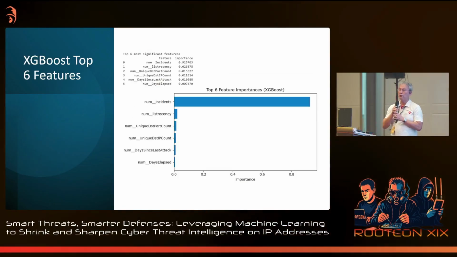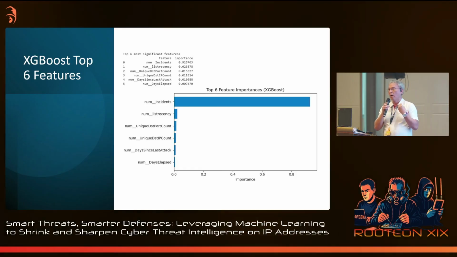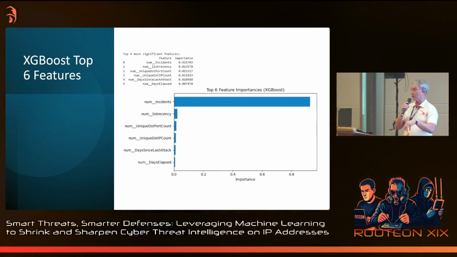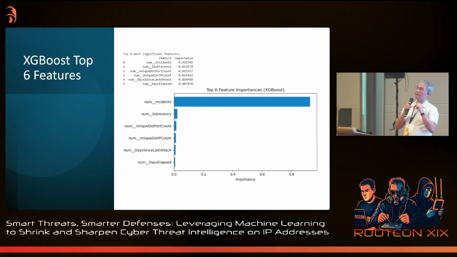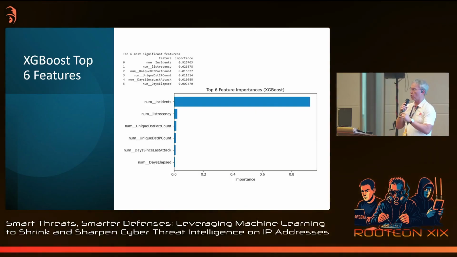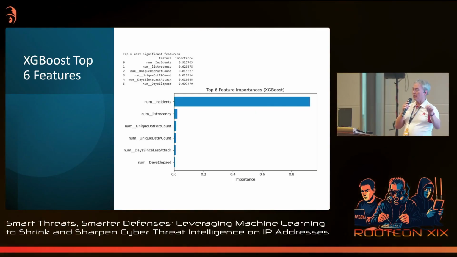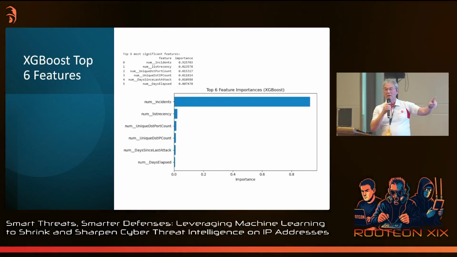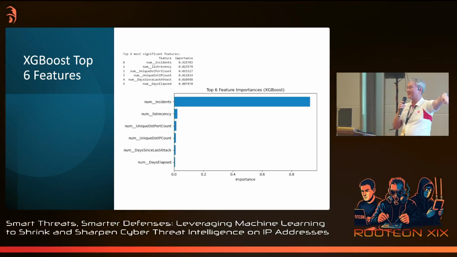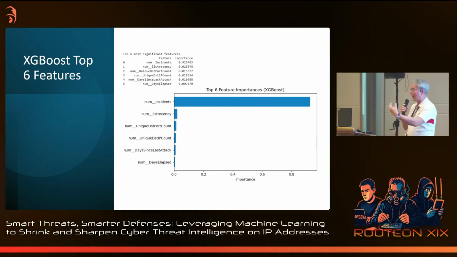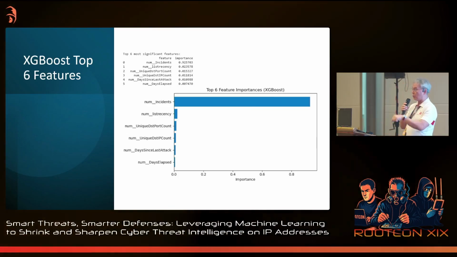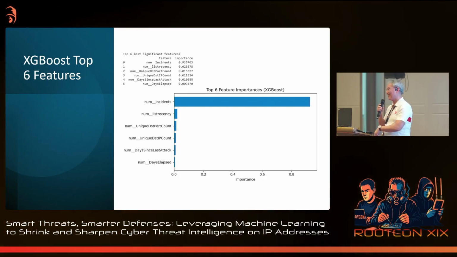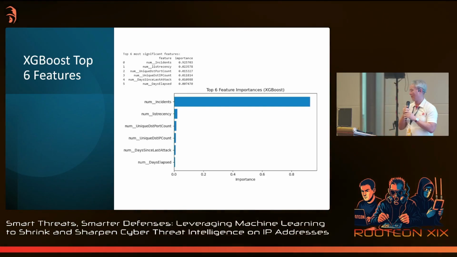And then going forward to what we call explainable AI, what was the basis for the model to do the prediction? Apparently, the number one predictor of whether or not an IP that is hitting you this week will still hit you next week in higher volume is what we call the number of incidents. If an IP hits your network more than 10,000 times this week, chances are high that they will still keep on hitting you next week. Does that make sense? Okay.